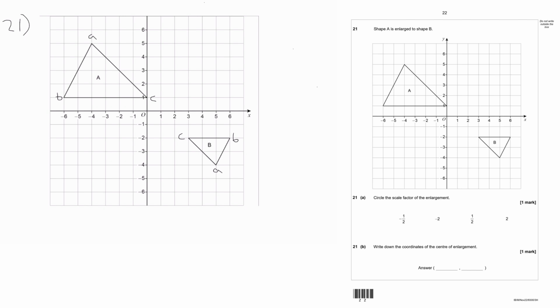And we're just trying to work out by what factor the size of this shape has changed. So what we can do is, if we take the height and the width, so if we take the height of the original shape A, so we could say that this is the height of A minus the height of B. So in this case, well, we have a y-coordinate of 5 at A and a y-coordinate of 1 at B. So this is going to have a height of 4. And then for the width,